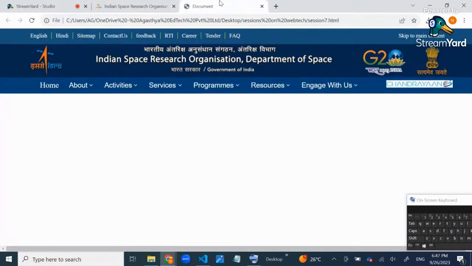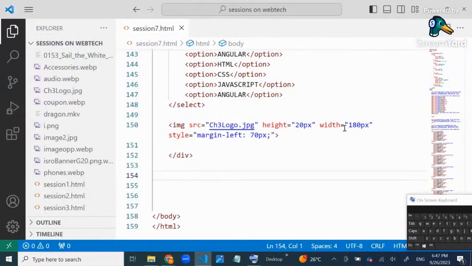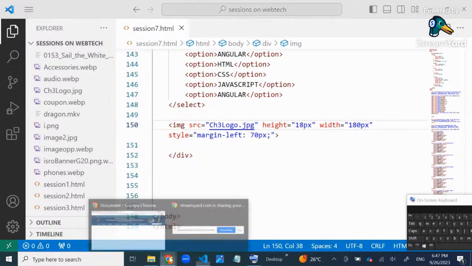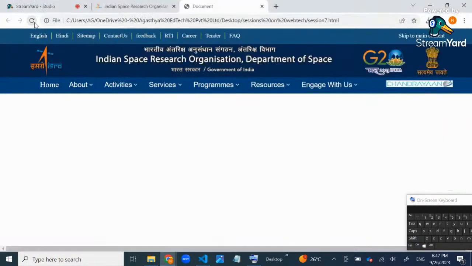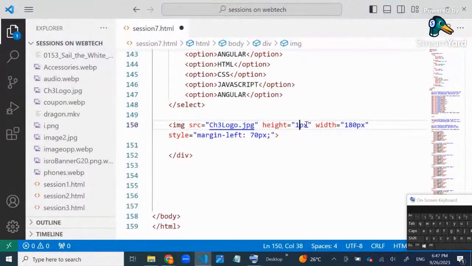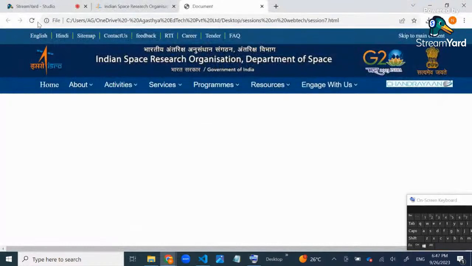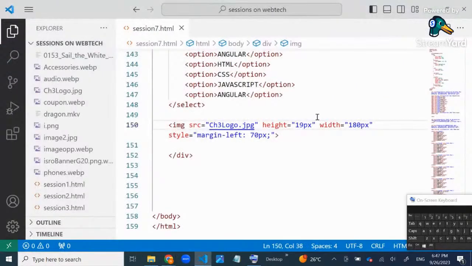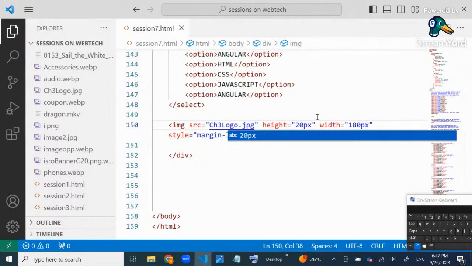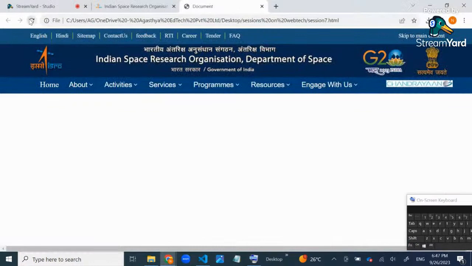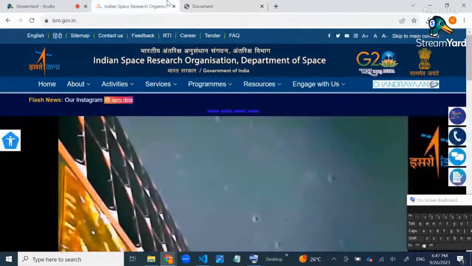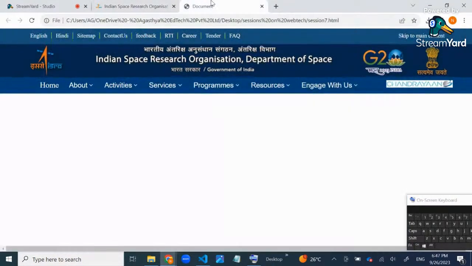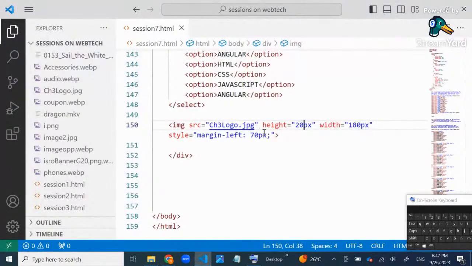So any other change, guys? Okay, so if you want, let me decrease it to 18 pixels and see it. So refresh. Okay, let it be 19. Okay, otherwise let it be 20 only. It was fitting correctly. All right. If I look here, I think it should come a little bit down. So I will apply